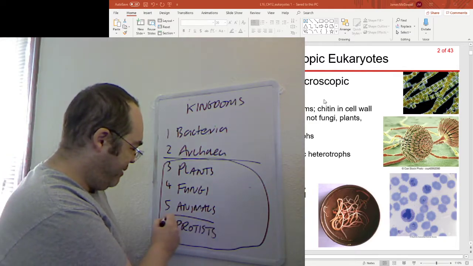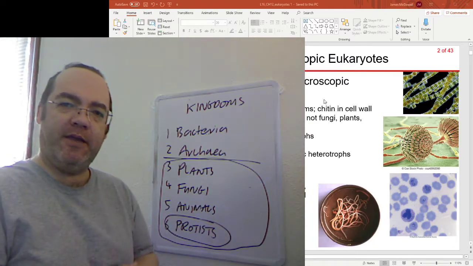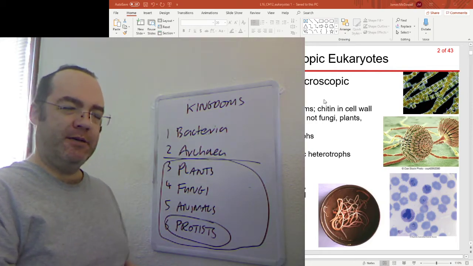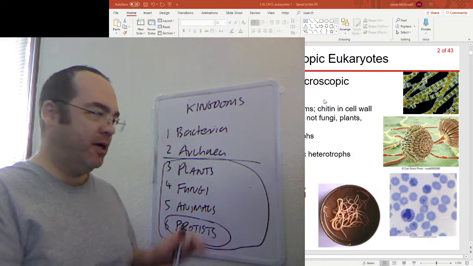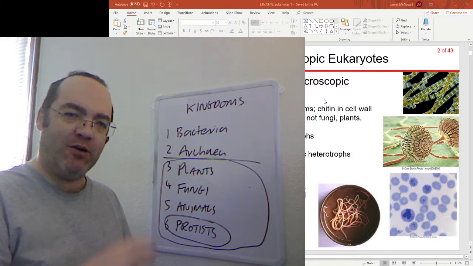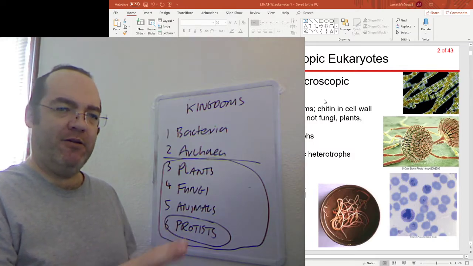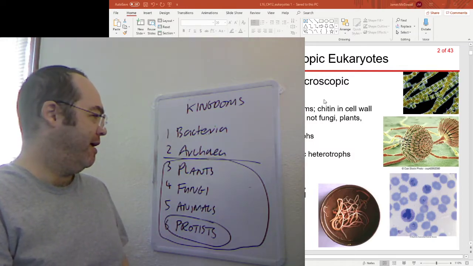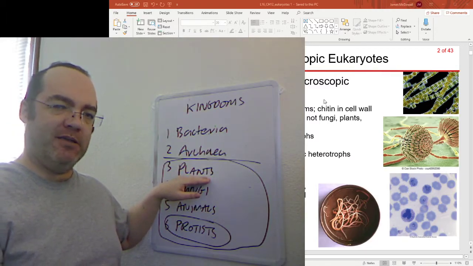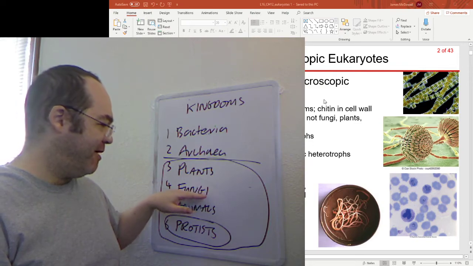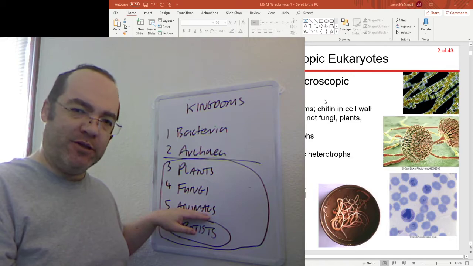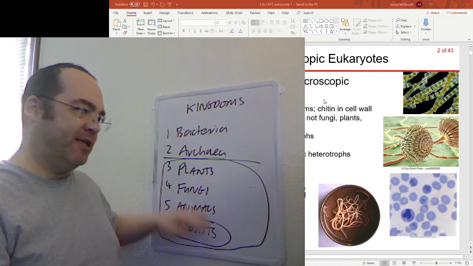But one of the real big problems with the 6-kingdom system is the protists, because it used to be the case that you would put things into classification based upon what they look like, where they lived, and so we can quite easily think about things that are plants. And we can quite easily think about things that are fungi. And we can quite easily think about things that are animals. And then there was all this other stuff